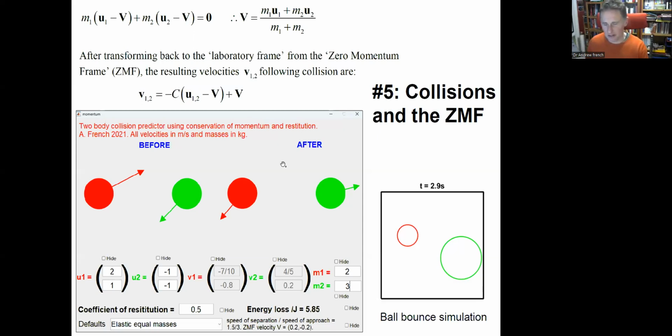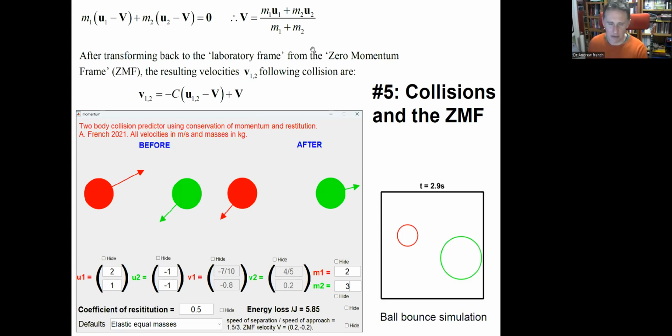way of doing this. Now, when you've done collisions, particularly those of you doing A-level, you'll probably look at restitution and work out whether it's an elastic or an inelastic collision. You'll conserve momentum, the mass times the velocity. But when you do two-dimensional, three-dimensional collisions, you might go, wow, that's a bit complicated. There's lots of variables here.